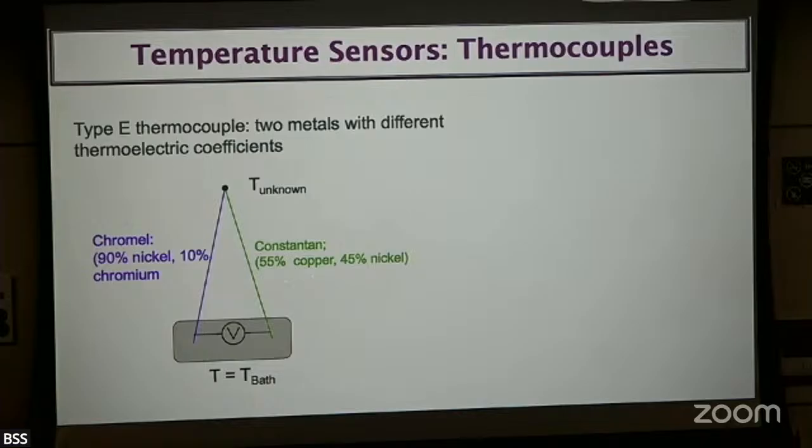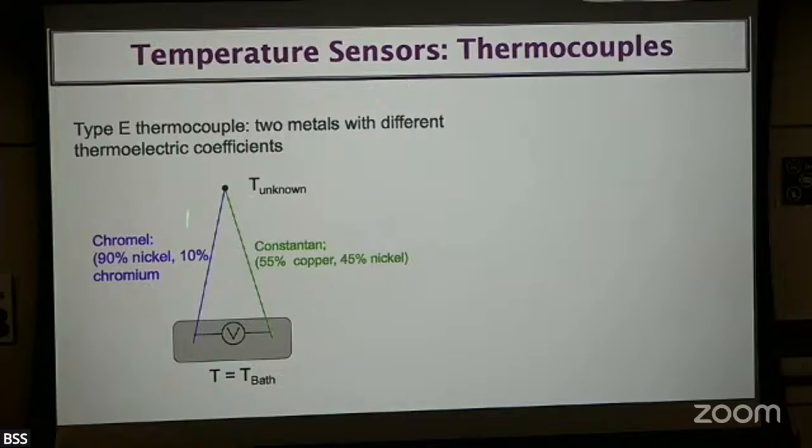And then they weld it over here. We're using type E because it comes as a very, very thin wire. It used to come as a half-mil wire. That means the point where we detect temperature is very, very small, which is great because it's easy to contact. It will be a small amount, and it will not take up a lot of the heat capacity and so on.